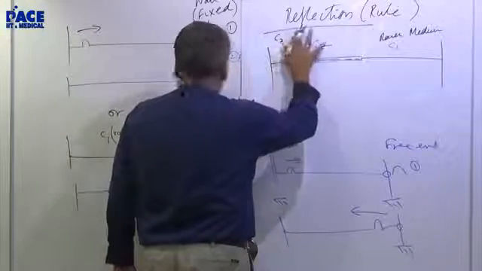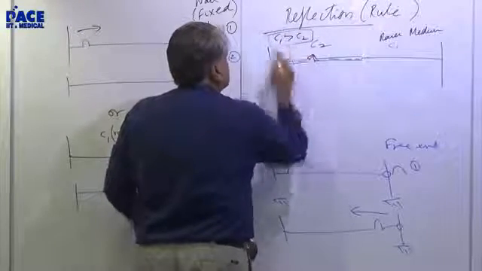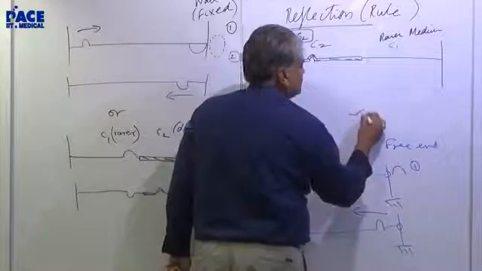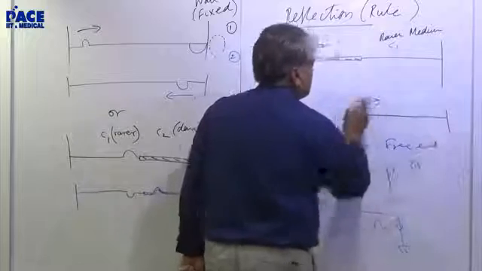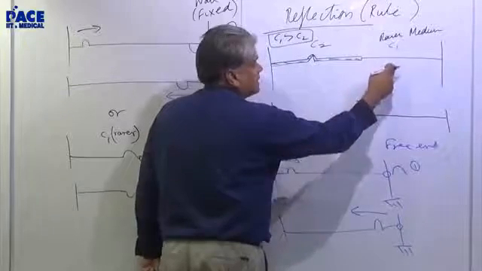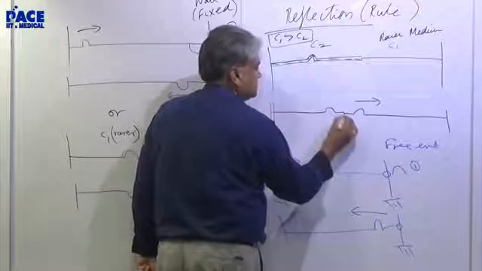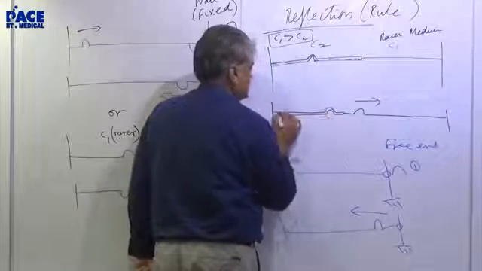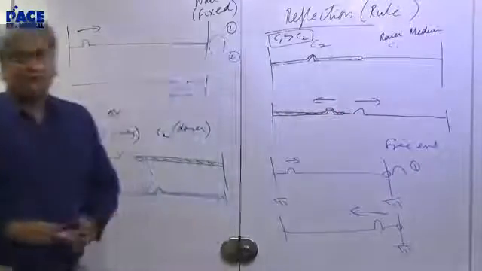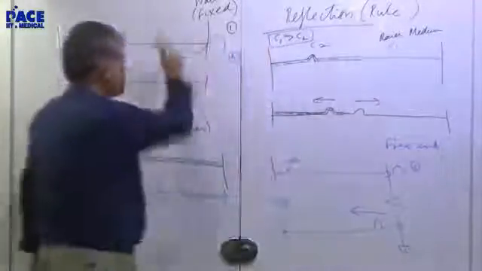C1 is greater than C2. So here, when it goes further, beyond this it will go like this itself. I'm not worried about the amplitude, just understand that. And because it's a rarer medium, nothing happens. And as far as the reflection is concerned, there also nothing happens. You'll have two bubbles kind of like that coming back. Is that okay? Here I am showing what doesn't happen, here I am showing what happens.